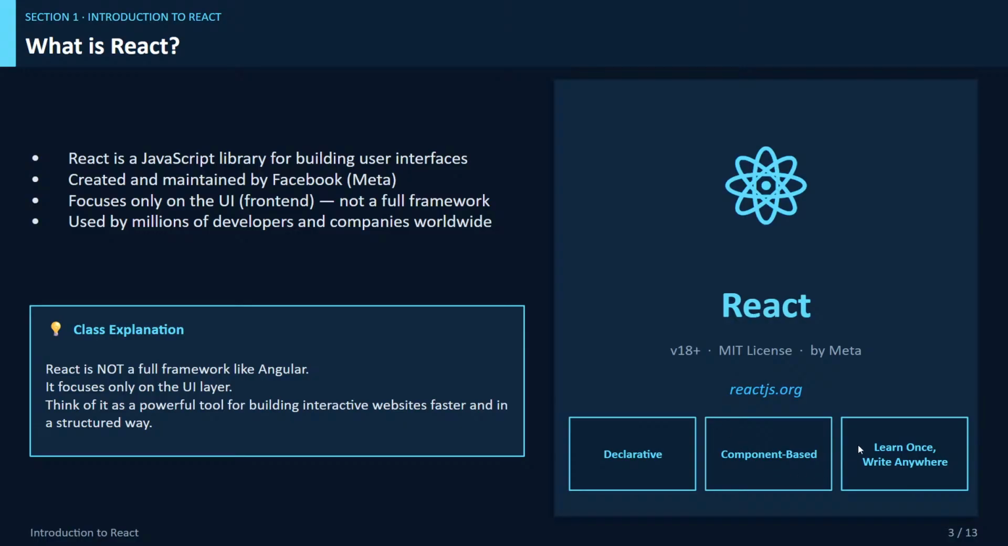Then the concept of learn once, write anywhere. This means once you understand React, you can use it for web development, you can use it for mobile, like in the case of React Native and many more. So in summary, React is a powerful JavaScript library for building modern interactive user interfaces, and it helps us write cleaner, faster, and more maintainable code. Okay,